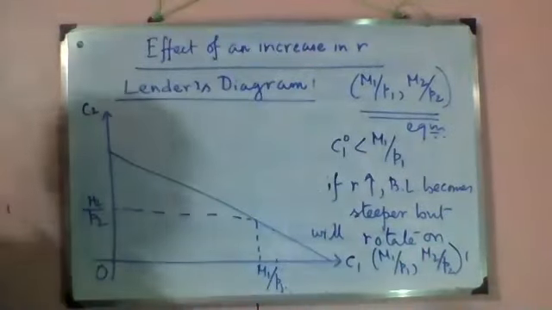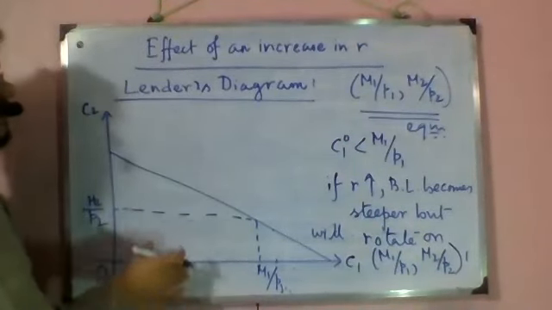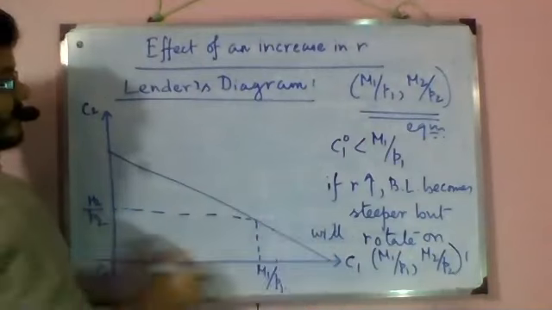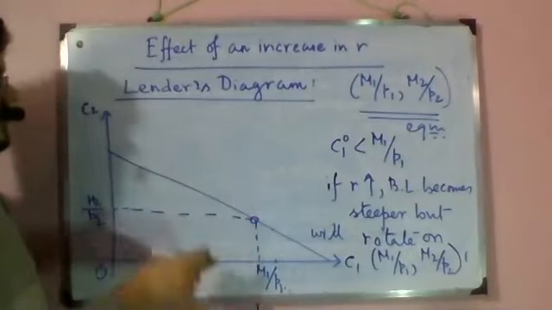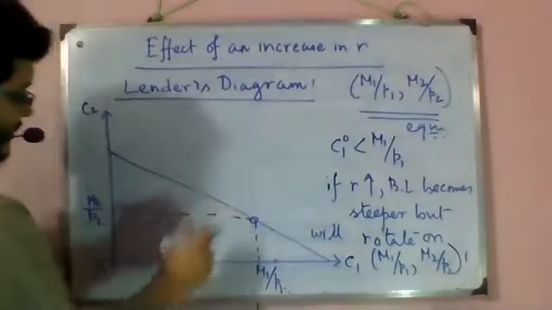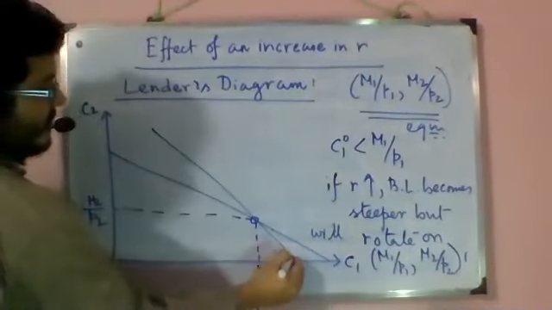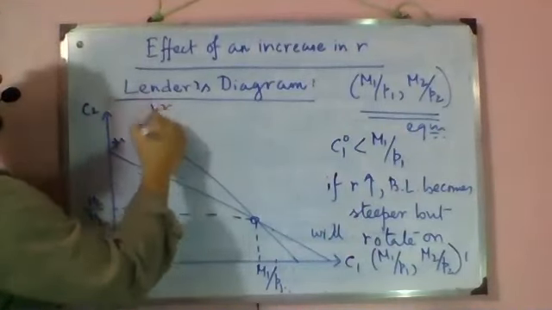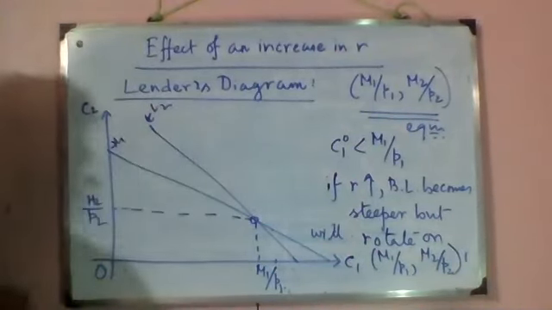So what I'm saying is that in standard consumer behavior, if the budget line becomes steeper, then we fix this point and we decrease the intercept on the C1 axis. But here, since this point is always available, the budget line is going to rotate and become steeper, but maintaining this point. So let's take a steeper budget line. Okay, so this is our steeper budget line. This is L1 and this is our L2, just for convenience's sake. So this is our first budget line and this is our second budget line.